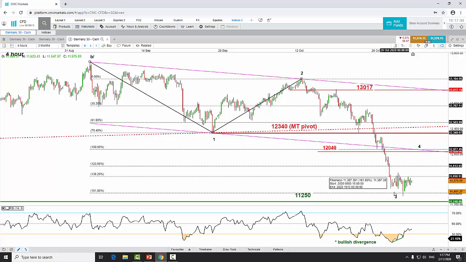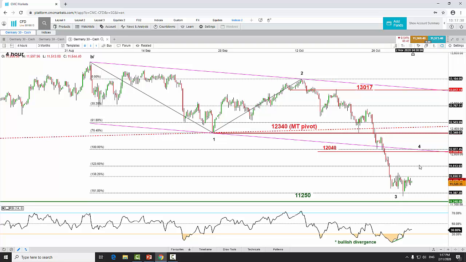What's interesting over here is that last week's low, let me highlight, which is at 11,332, actually coincides with a third wave target, the 1.618 target, which is a typical third wave target. Another interesting observation is that after its confluence with this third wave target, the 4 hour RSI also starts to shape a bullish divergence signal at the oversold level, implying that in the short term we may start